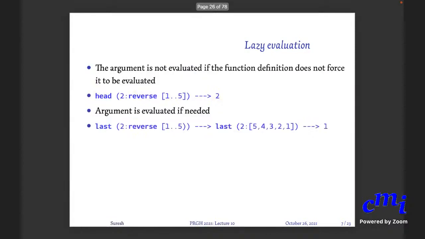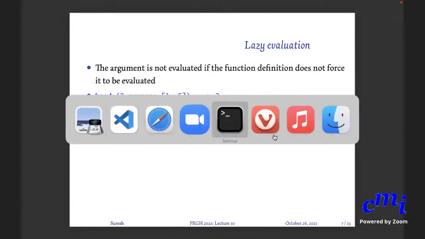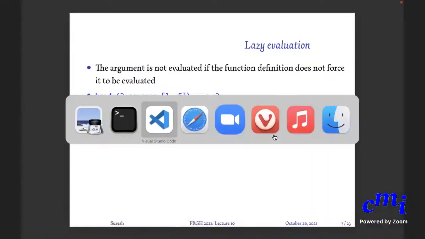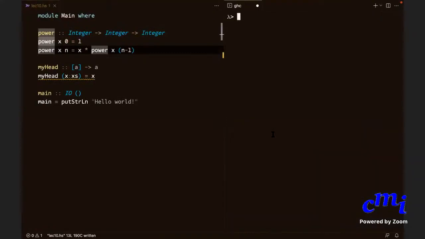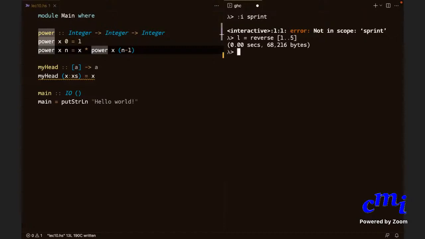Here is another thing. GHCi allows you something nice called sprint. Let us say let L equal 2:reverse [1..5].